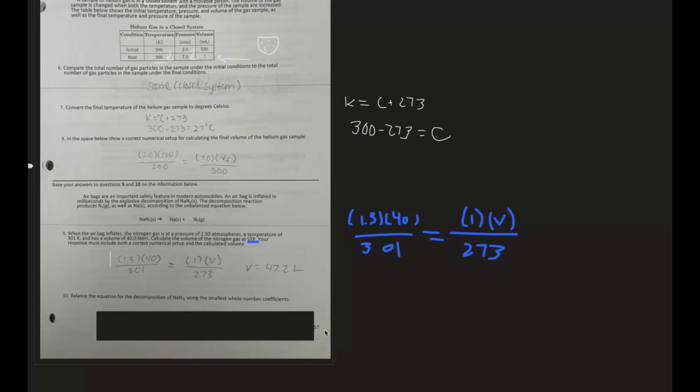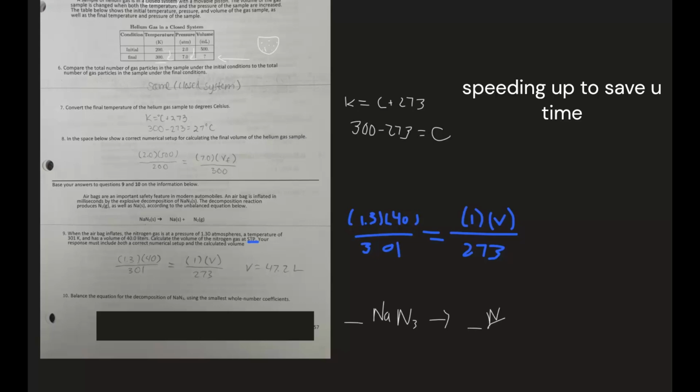All right, number 10, balance the equation for the decomposition of NaN3 using the smallest whole number coefficients. So for this one, here's what I'd like to do. So let's write this out. NaN3 goes to Na, reduce process, boom, boom,